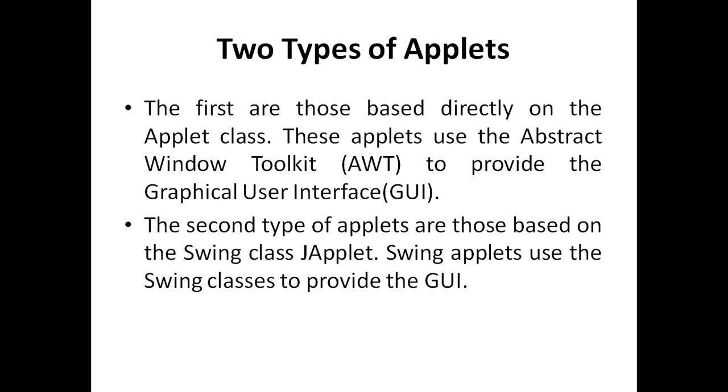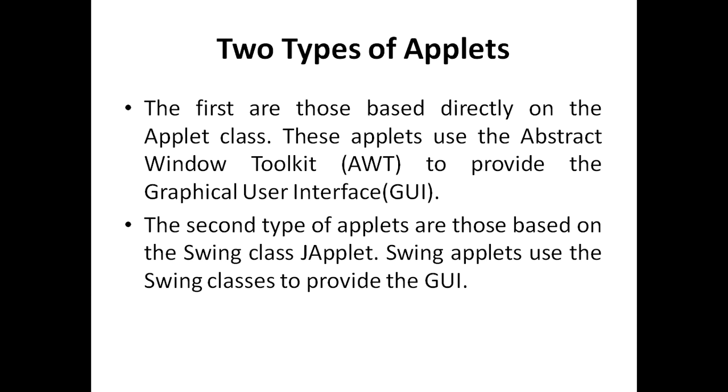So first, as I already told in the class, there are two types of Java programs we can write. First one is a standalone application, which are small Java programs written to carry out a specific task. And another type of Java program which we can write is Java applets. Java applets are nothing but small Java programs which are used to run on the internet. So if you want to run a Java applet, you need to make use of a browser through which you will be able to run your applet programs.